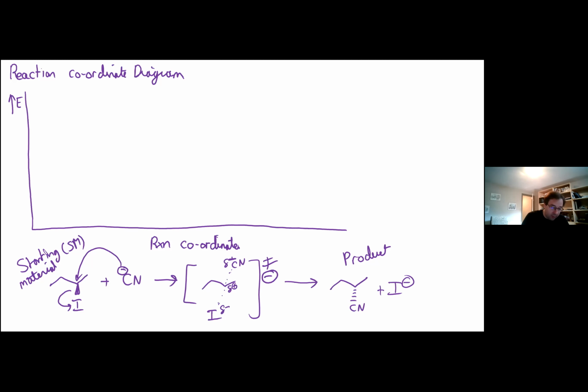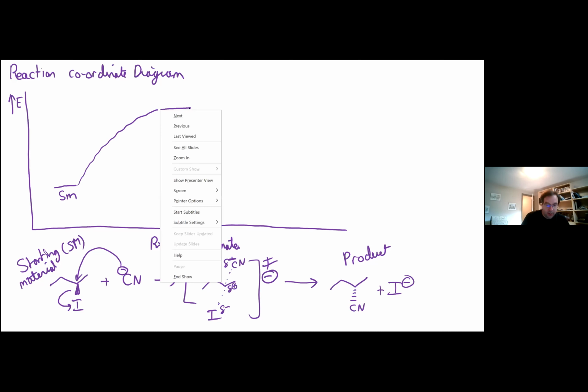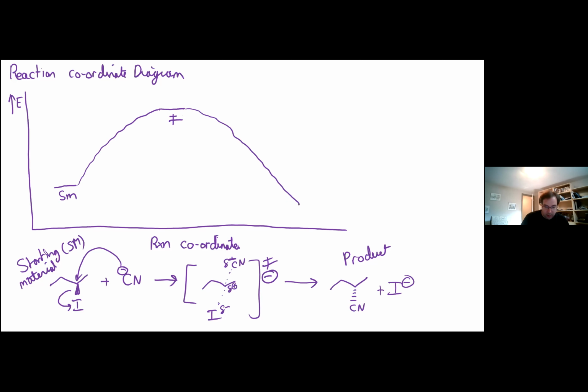So we have a starting material. As the reaction proceeds to the transition state, it follows a smooth curve. And if you're a better drawer, it would be smooth. It shouldn't be like doing wiggle, wiggle, wiggle. Okay. Up to the transition state. Then down to the product. And so what we have here,